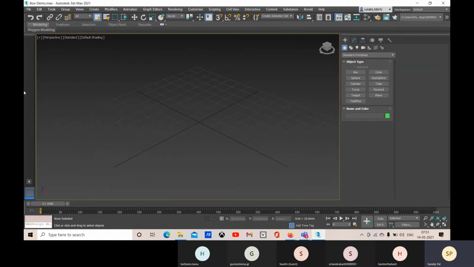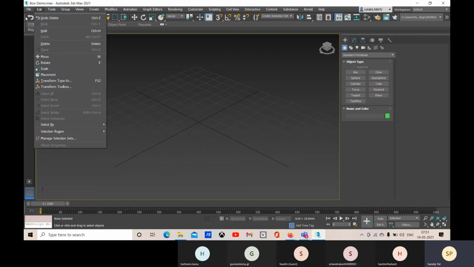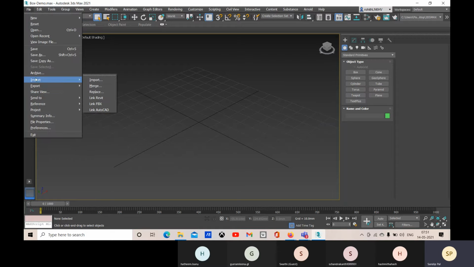This option will come when you import, link add or anything, or else you can choose import to bring any other 3ds Max file into this one, and you can merge any 3ds Max file into this scene.